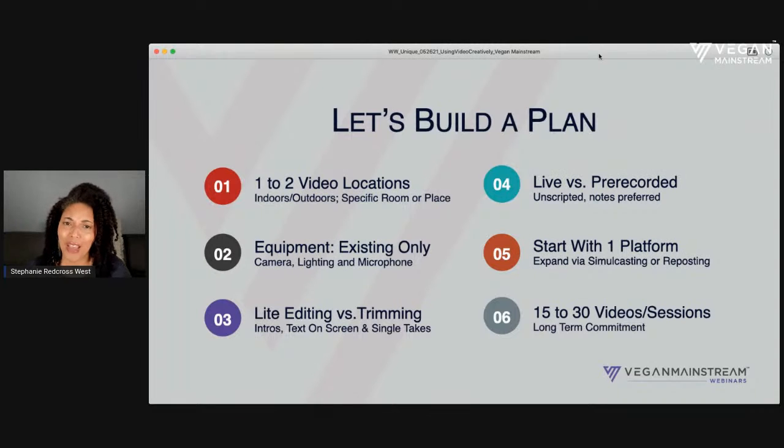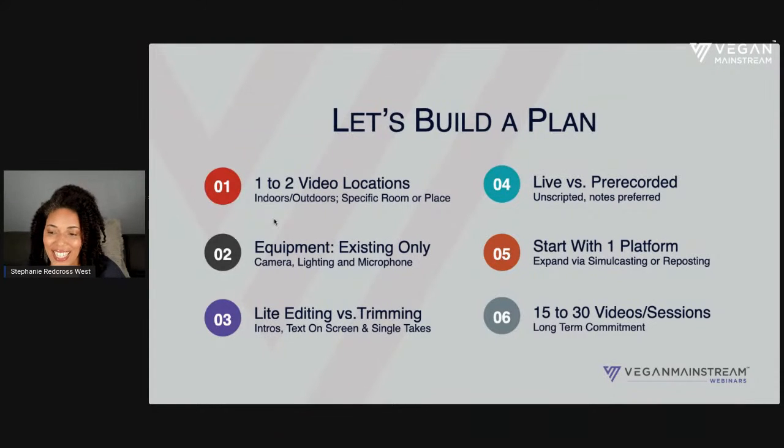It's so important that you know what that location is first, so that we can build a comprehensive strategy around it. Does everyone have a location? Just curious, people who are watching right now, do you have your location? It can be one or two locations. I wouldn't do more than that, because it's so important that you have that set up, because that's going to make creating videos, updating videos, so much easier. So let me know in the comments if you are like, yep, Stephanie, I have a location. Or if in today's session, you're like, oh yeah, Stephanie, that might be something I need to think about.